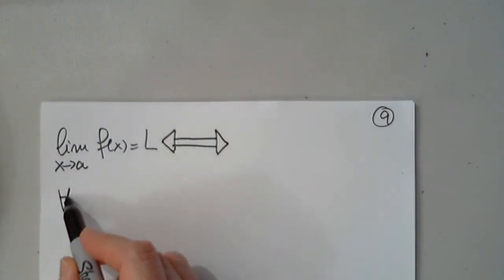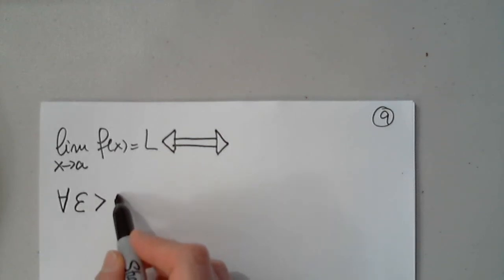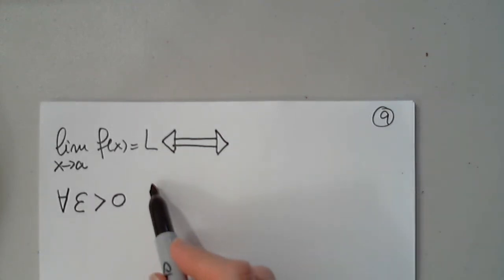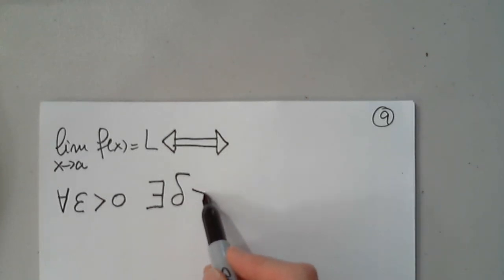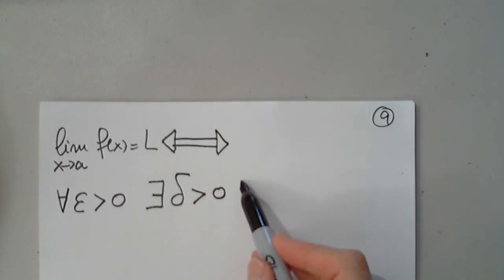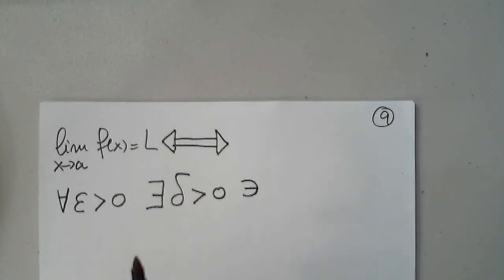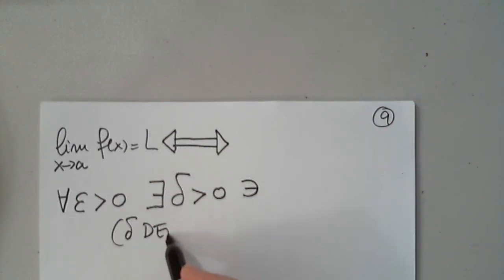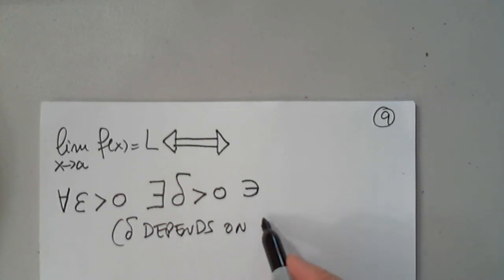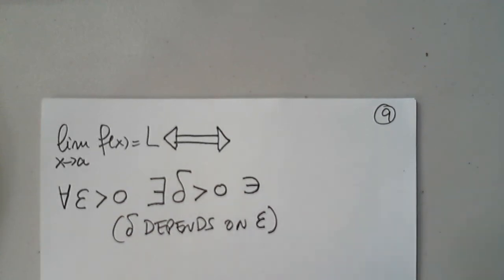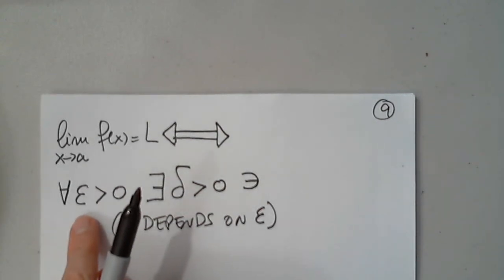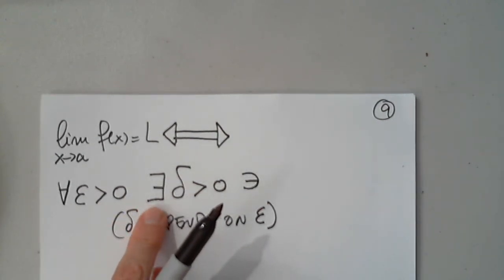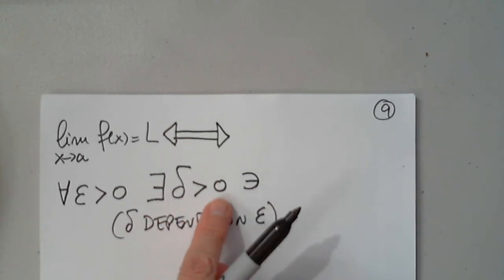For every epsilon positive, there exists, I will find a delta positive such that, for every epsilon positive, I will find a corresponding delta. Delta depends on epsilon. Delta depends on the epsilon I pick, or the general or generic epsilon. For every epsilon positive, there exists, definitely, guaranteed, a delta positive such that